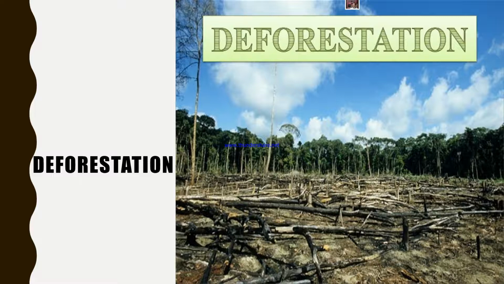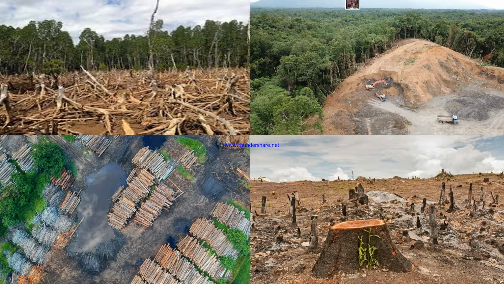Look at the trees which are cut down. Once upon a time there were beautiful trees. Look at the background, there are trees. And now only burnt down stems, wood of these trees. So sad, right? Now, look at some more pictures. Pictures will tell you. I don't need to explain much. Just look at the pictures.